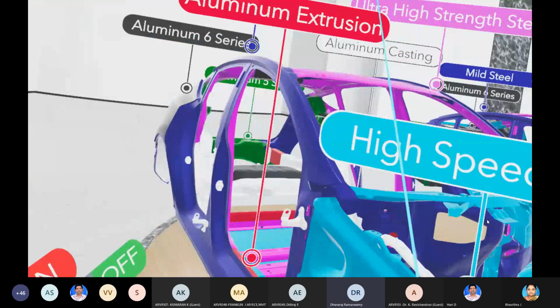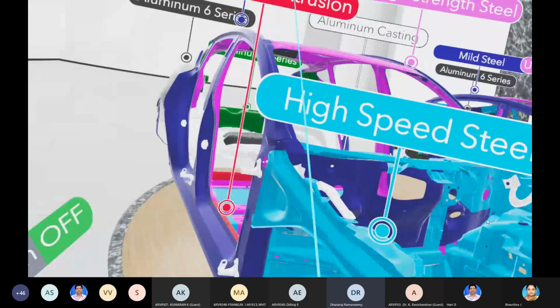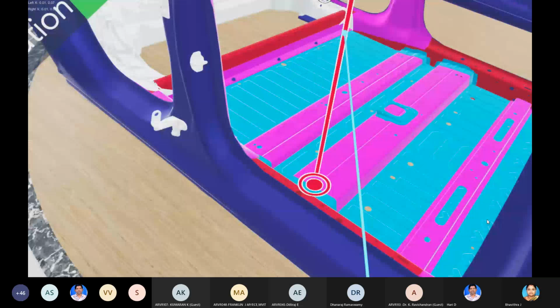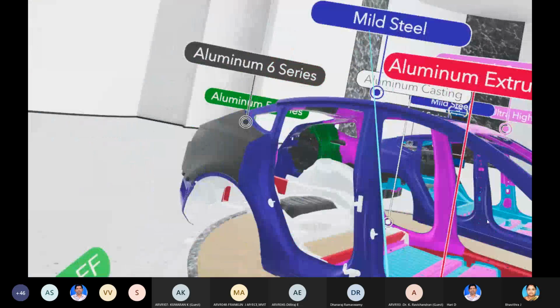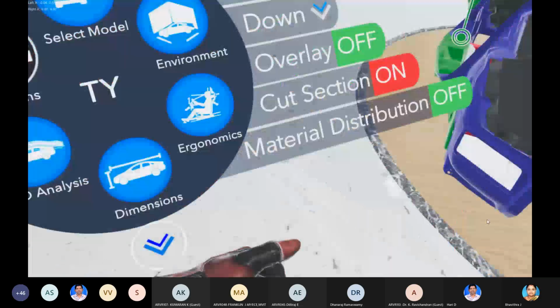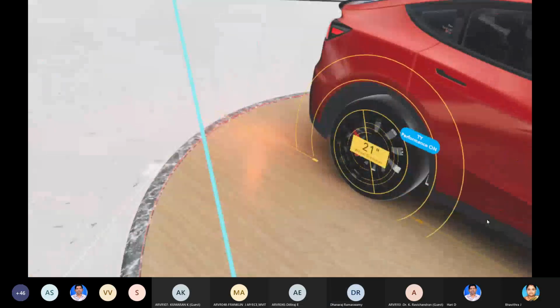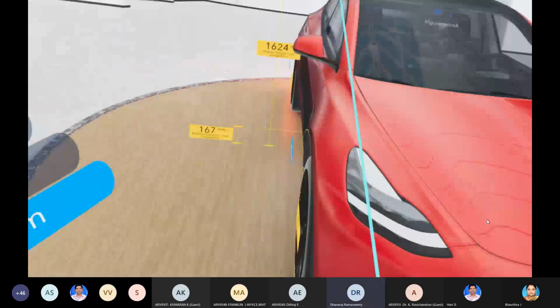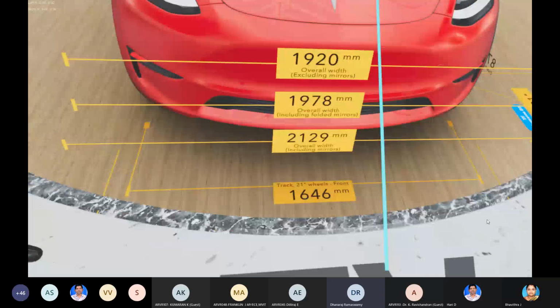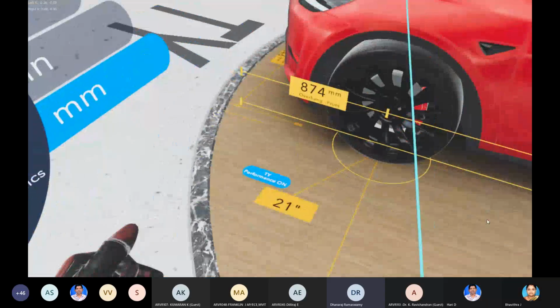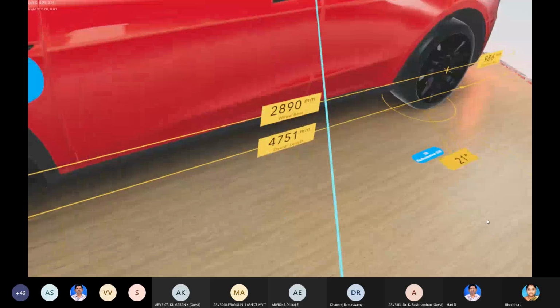This is material distribution: what type of materials are used in every component and every place. We have also added some dimensions of the car: overall width, tire radius, and car order.